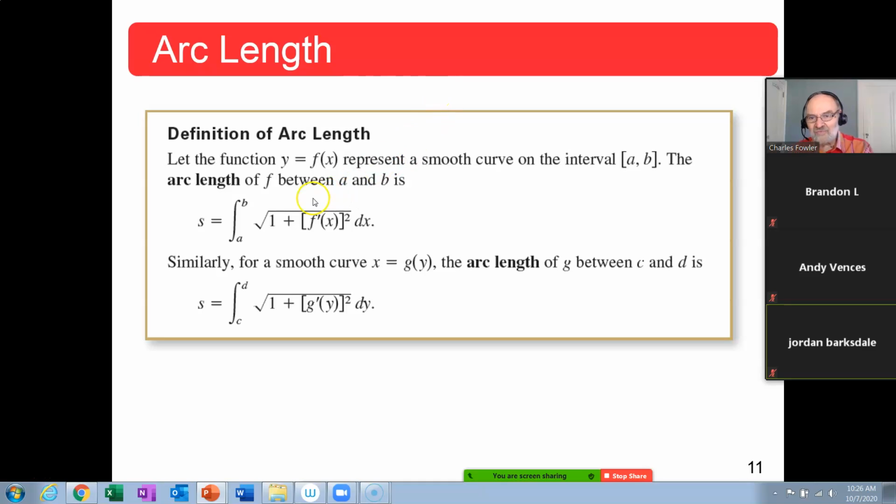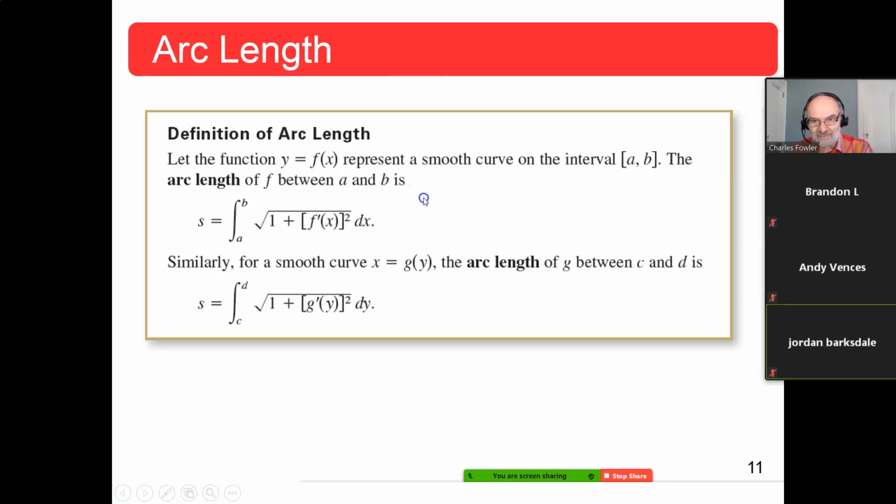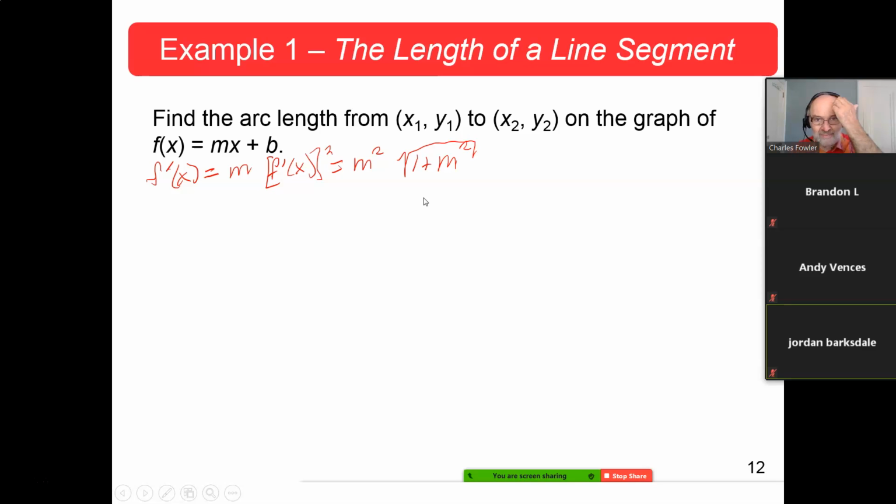Okay, so we're going to integrate from x1 to x2 of the thing that we had here, dx. So here we go. It won't advance till I click on the screen. There we go. So what we're going to do is integrate this thing from x1 to x2 dx. Okay. Now,